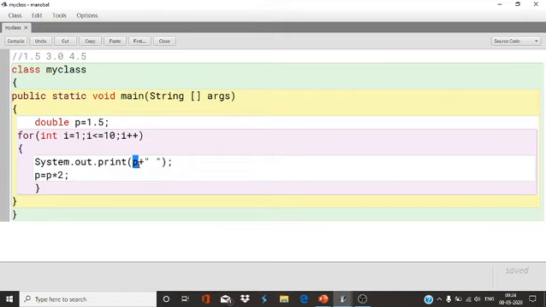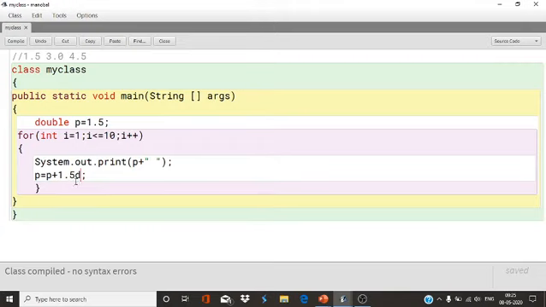Now I'm going to print p, and I'm going to increase the value of p by 1.5. P equals to p plus 1.5. Now what will happen? No syntax error. If I write here D, then also no syntax error.